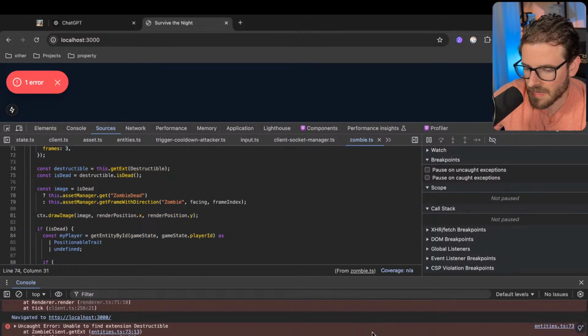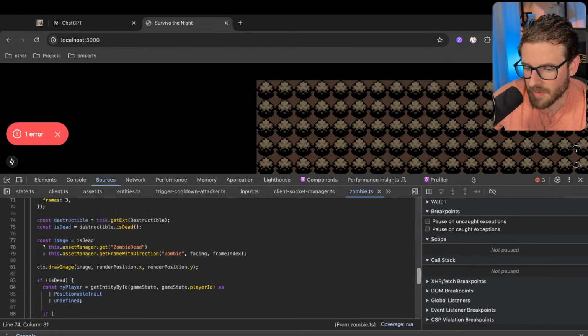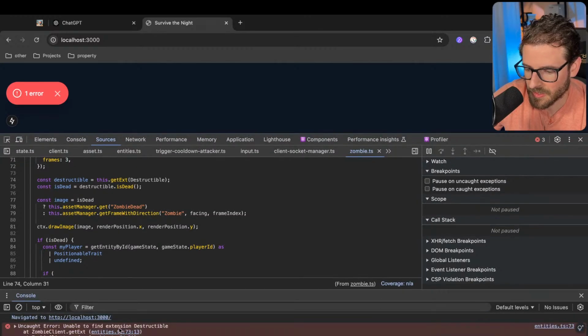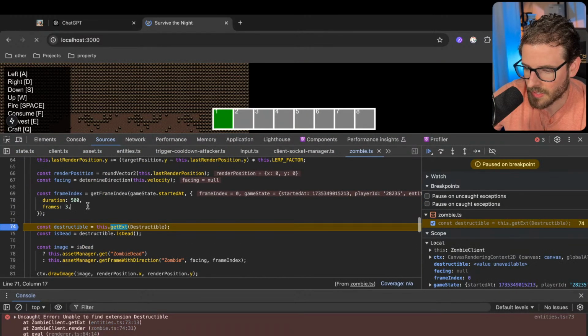Okay, so now let's dive into using the debugger, right? Here's another fun one, the debugger. A lot of people don't use the debugger, including myself for some reason, even though it's OP, right? It's a really great way to step through your code and try to understand what's going on.